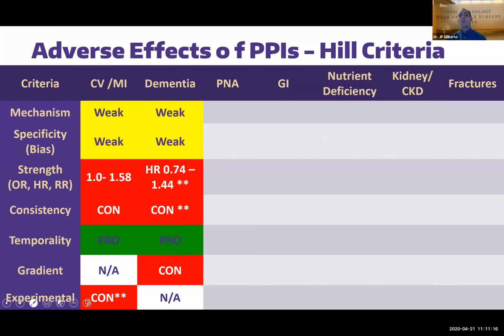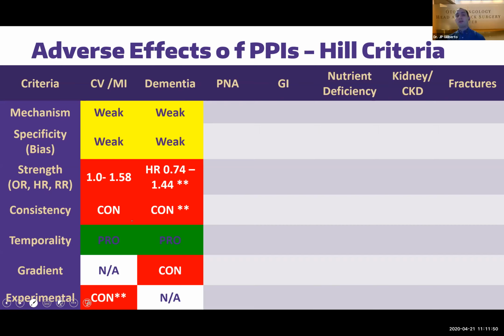So when we look at the dementia data, although there are some mouse models and basic science data to indicate there is some mechanism support, we do know that there are a lot of bias concerns, especially misclassification from the insurance data, that make us think there may be concerns about the specificity and introduction of confounding bias into the data. Not only that, the biggest concerns are the consistency, as well as the strength of the association, which is actually negative in some of the prospective cohorts.